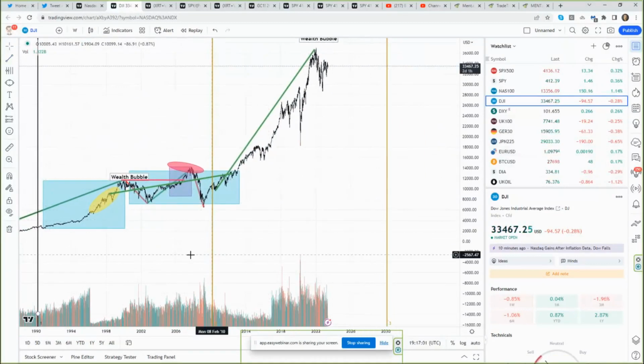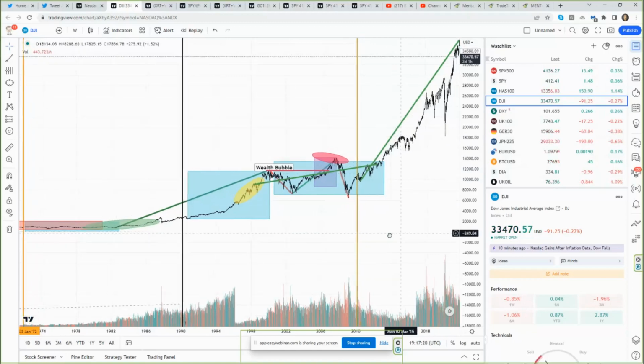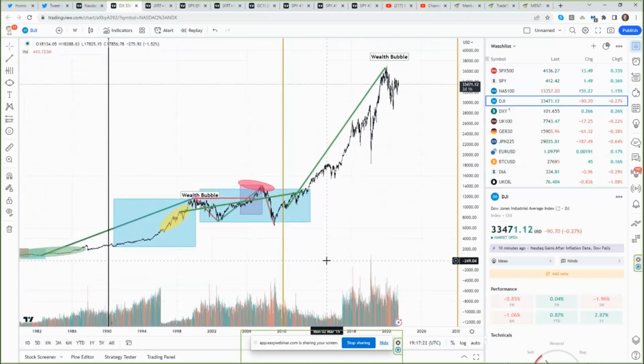But the reality is that if you were living through this bubble, if you were born in the 90s and reached the area where you could start contributing into your 401k, if you got in early through the Bitcoin rally or the stock market rally, you've seen this incredible wealth bubble, which is why I believe, again, this pullback that we've seen,